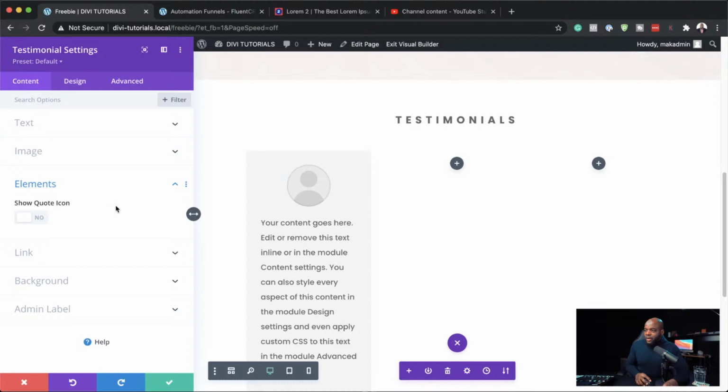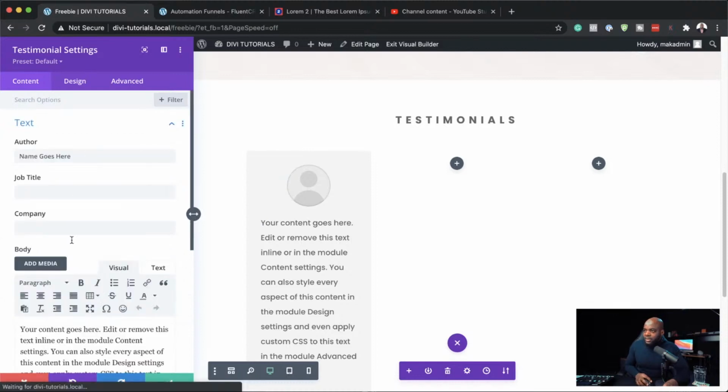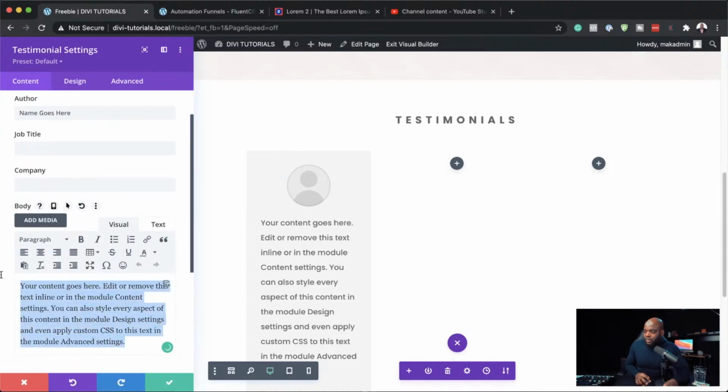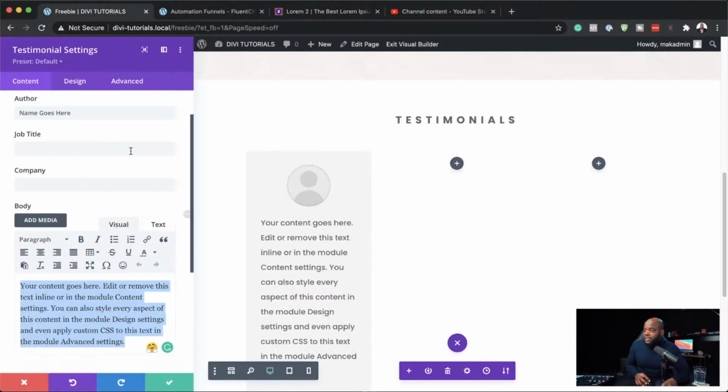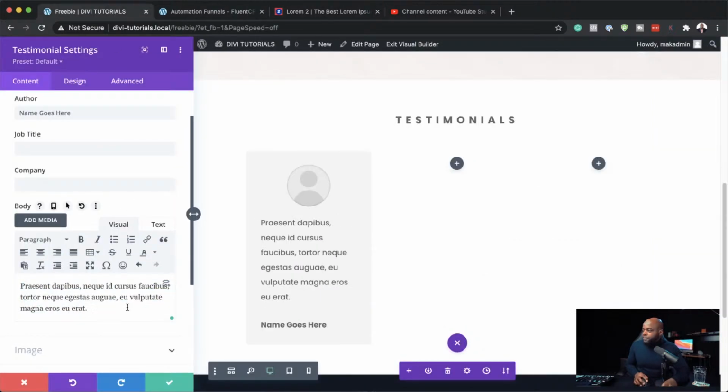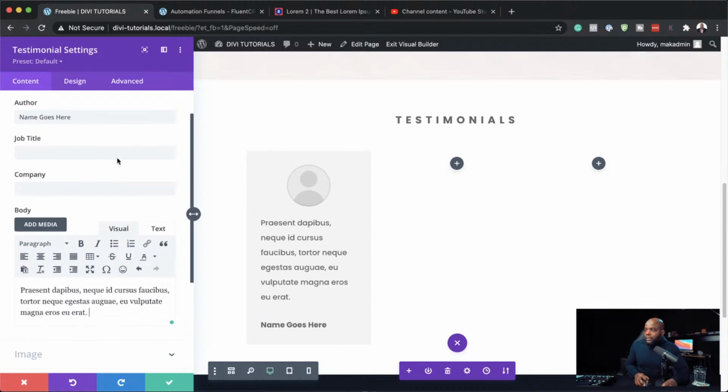And then we have our text here, which can be updated over here. So I'm going to highlight all this and use some dummy text. Okay, so we're going to use this text as our testimonial text. I'm going to paste it in here. And then name goes here. I'm just going to say,